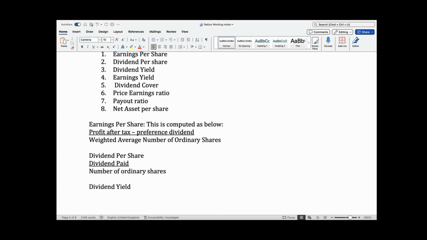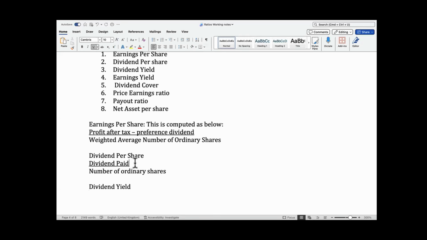A dividend paid shows you the amount of dividend you're giving to each ordinary share. Dividend yield shows you the return you're getting relative to the amount you have invested. Dividend yield shows you your actual return and is the best way to measure companies on the stock market, not dividend per share. A company can be giving you 5 naira dividend per share,